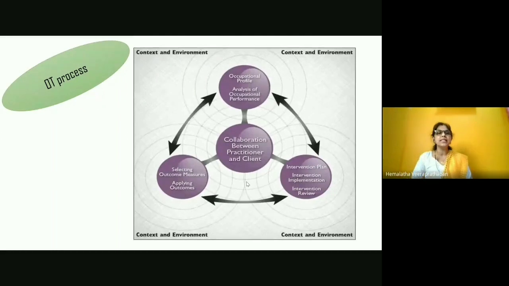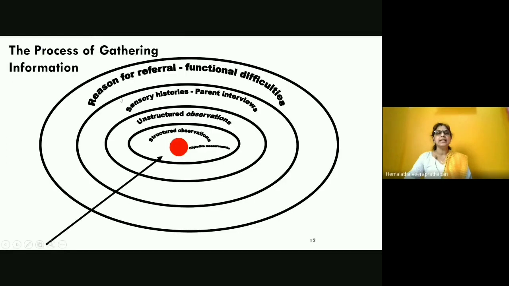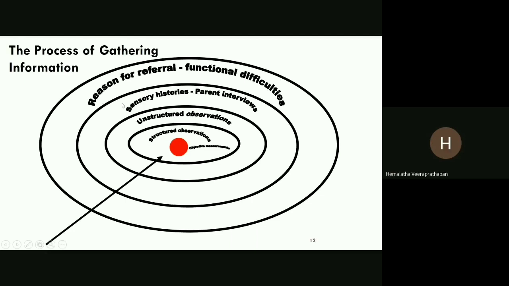In the OT process, if I want to talk about it, the OT process begins with collaboration between the practitioner and the client. In three-dimensional panels, you create an occupational profile, you understand the client's priority in terms of occupational performance barriers, and you start analyzing. So the first step of the OT process is conducting an interview,